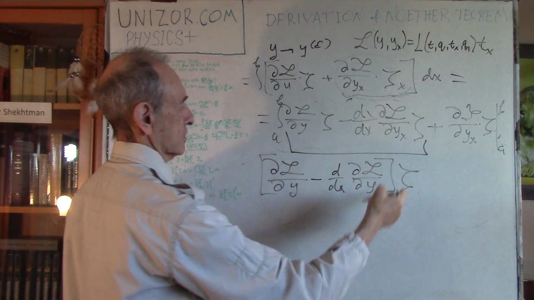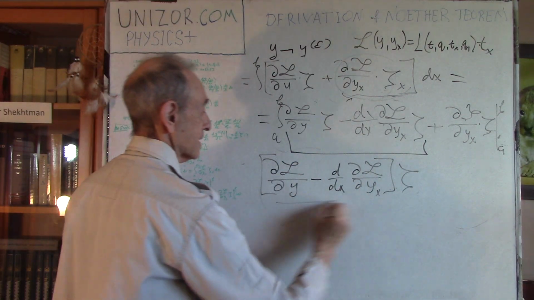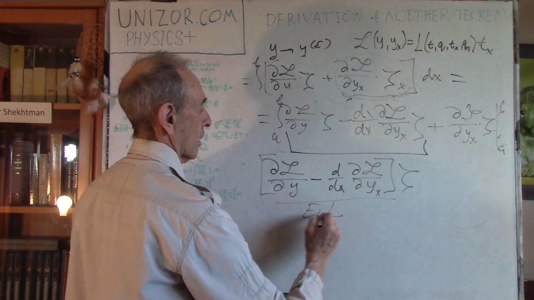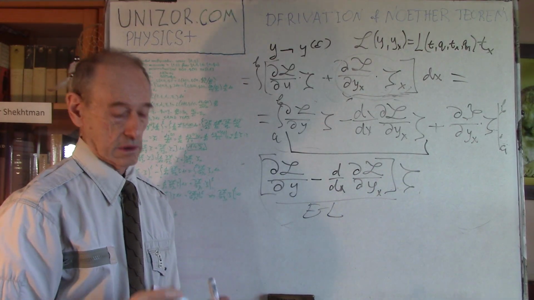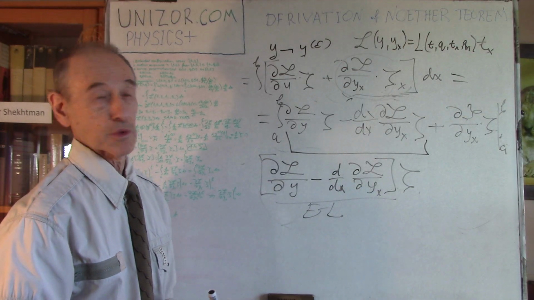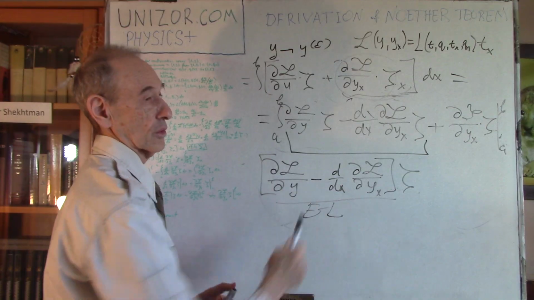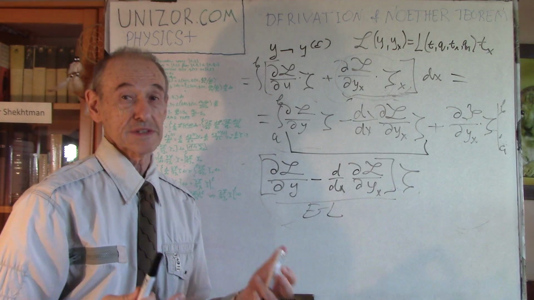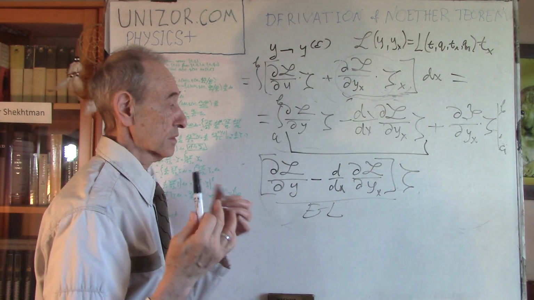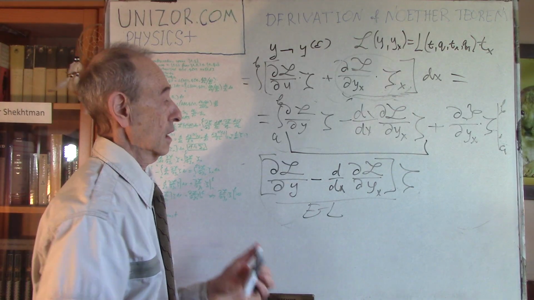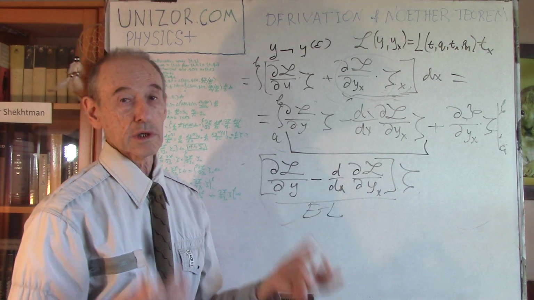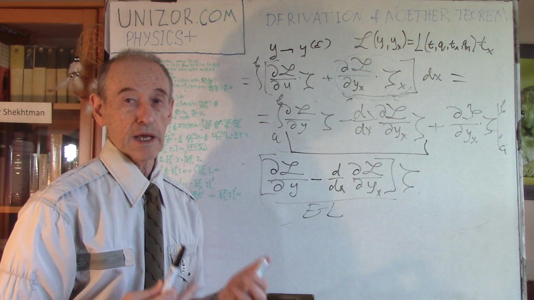I put zeta outside of the parentheses. Now this is the Euler-Lagrange expression and equation, basically, which tells me that this is equal to 0. We are on a physical trajectory. Since we are on a physical trajectory, the Euler-Lagrange equation holds because